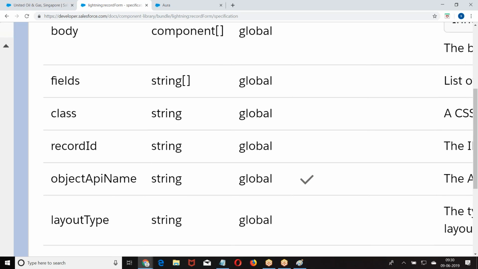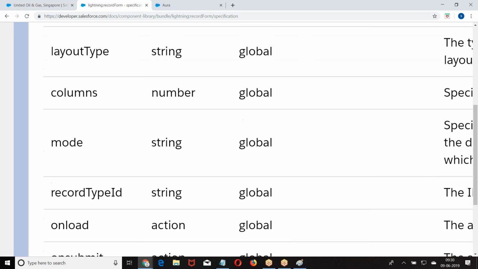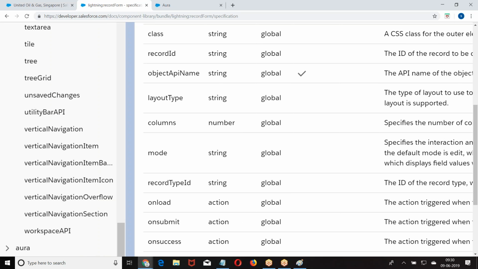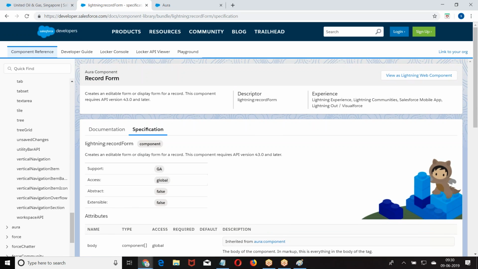What is the functionality? List of fields, record ID, object API name, layout type, columns, mode, record type ID. I hope this context is clear for everyone. So whatever we are able to achieve